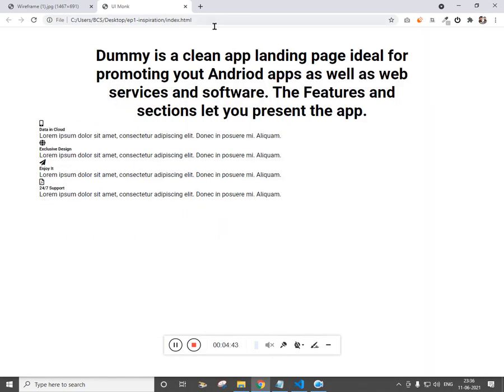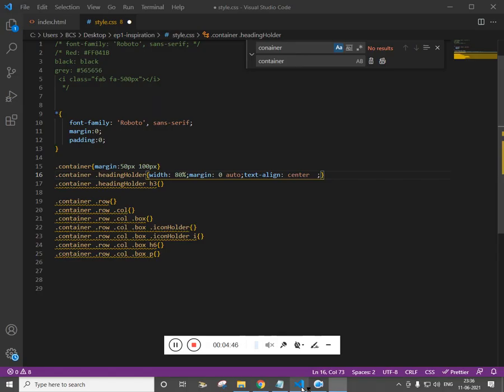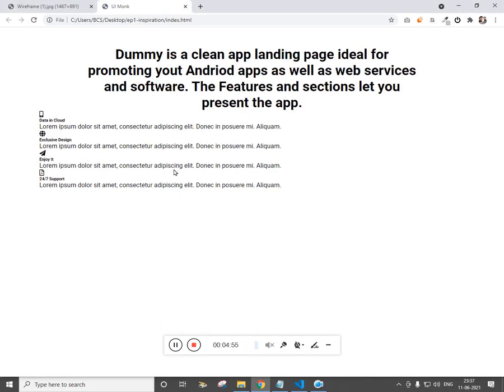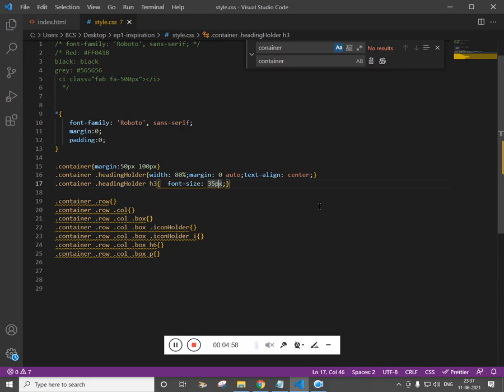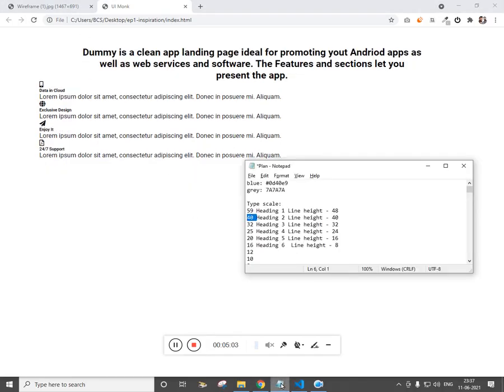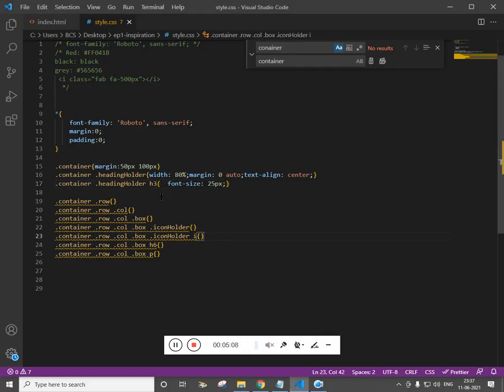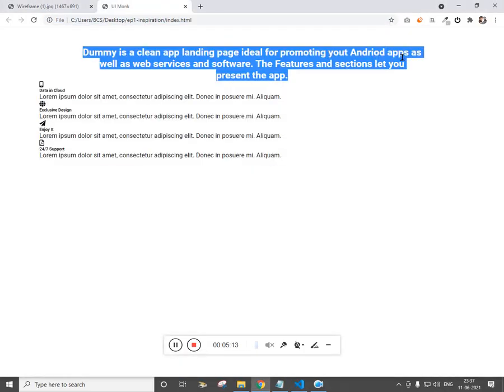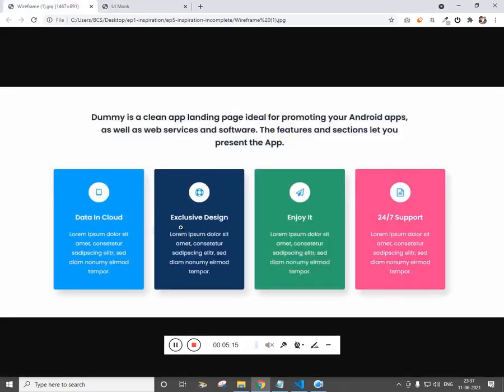Let's take this out. Font size 35. Font size 25. Cool. Almost there. Now since we have completed the first one, let's work on the second one.